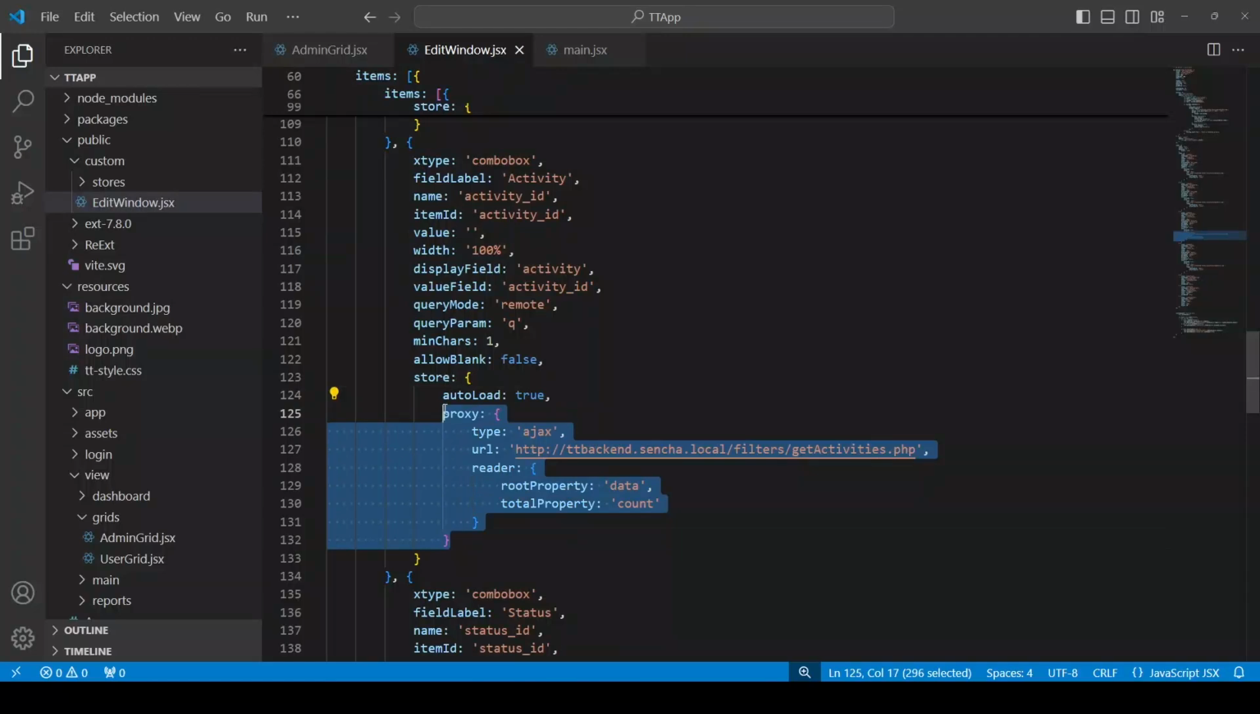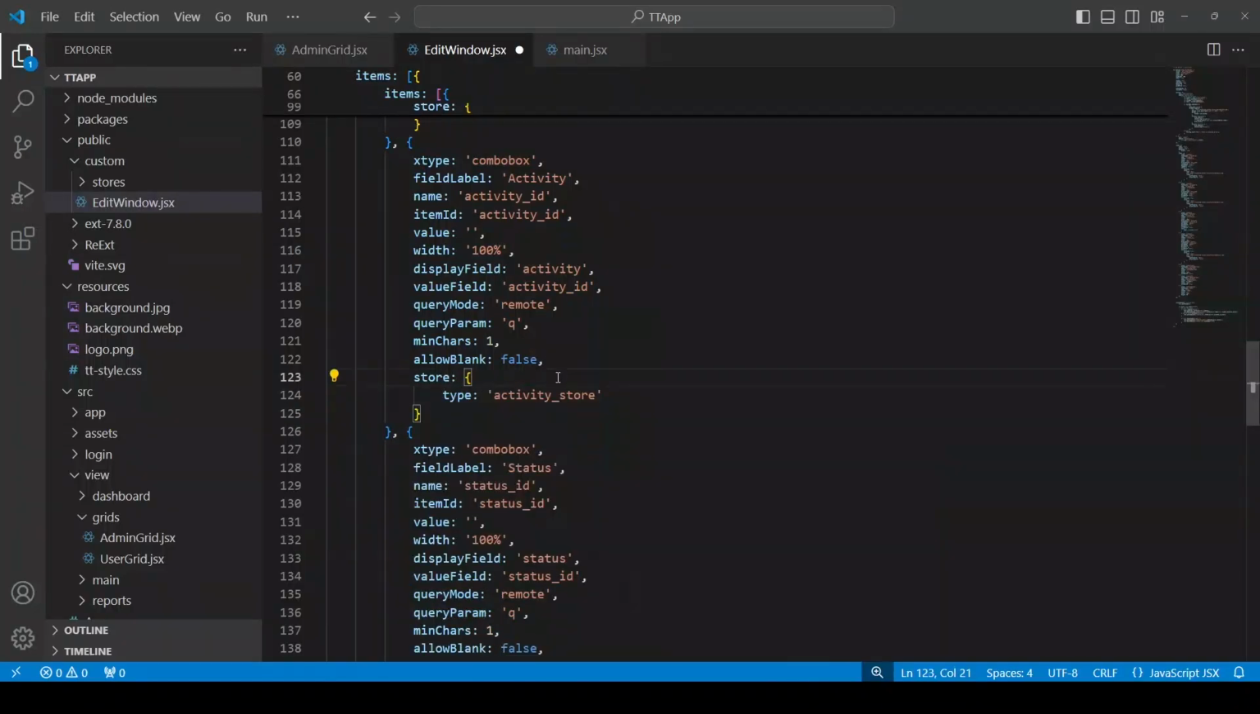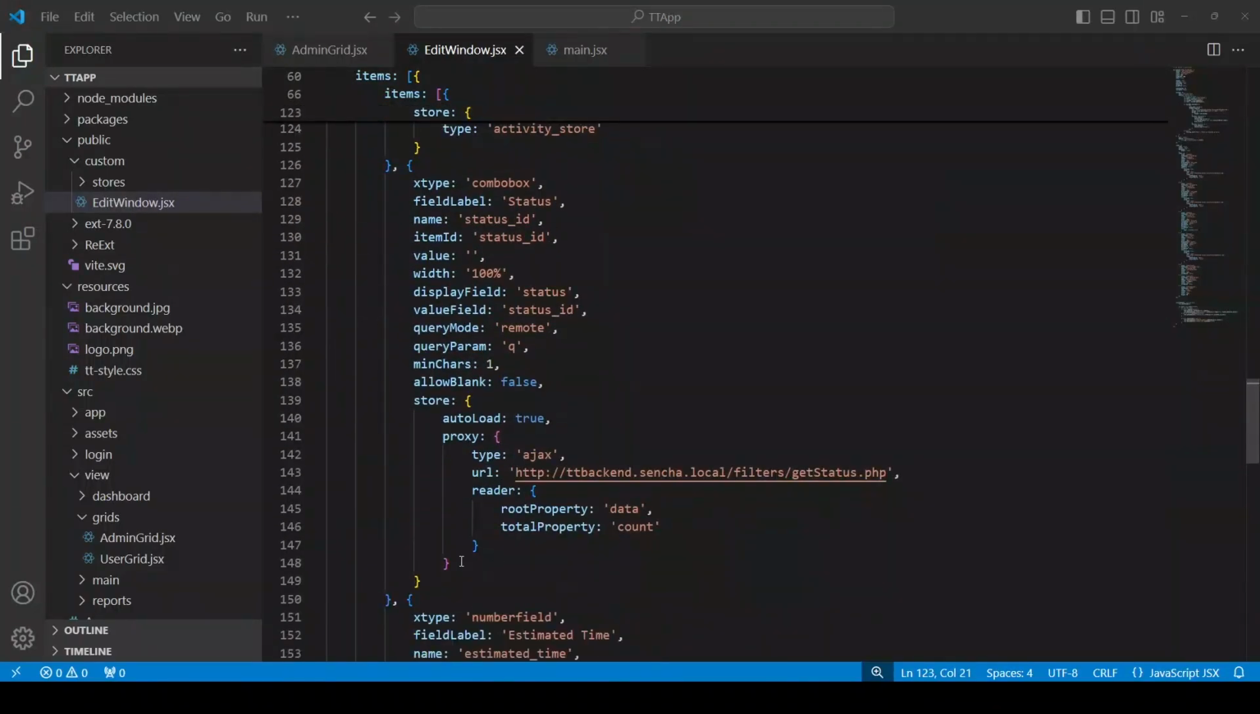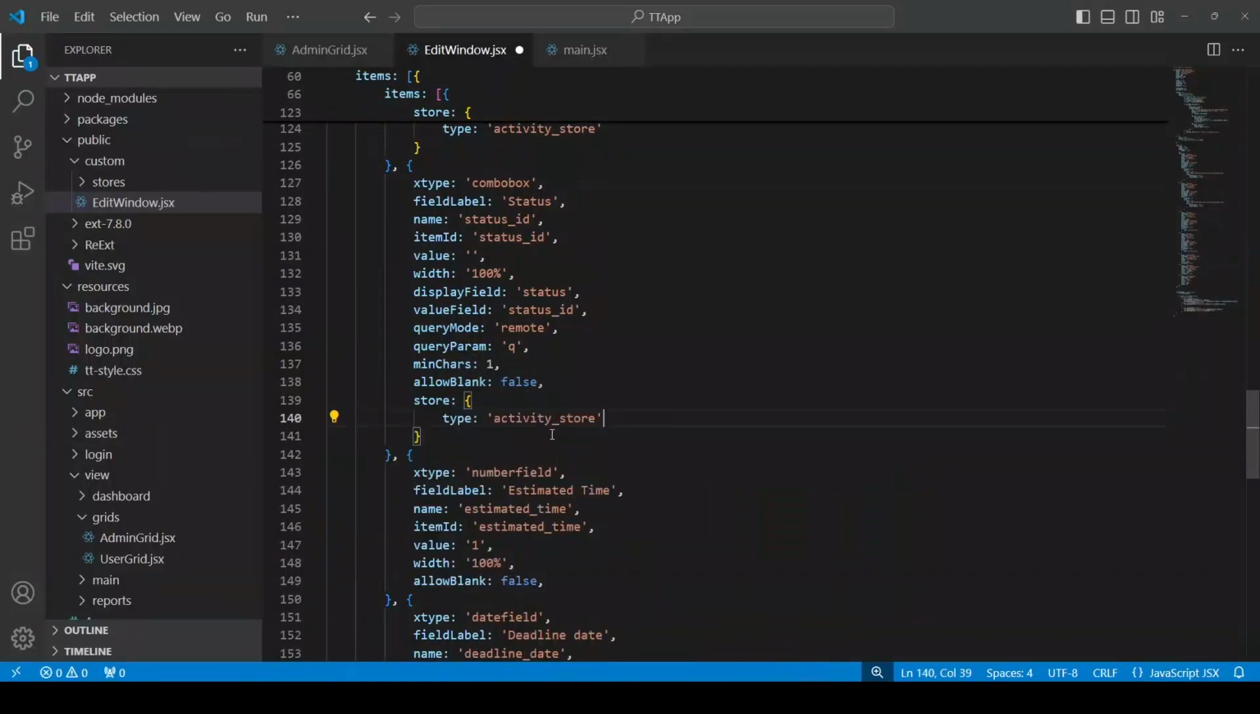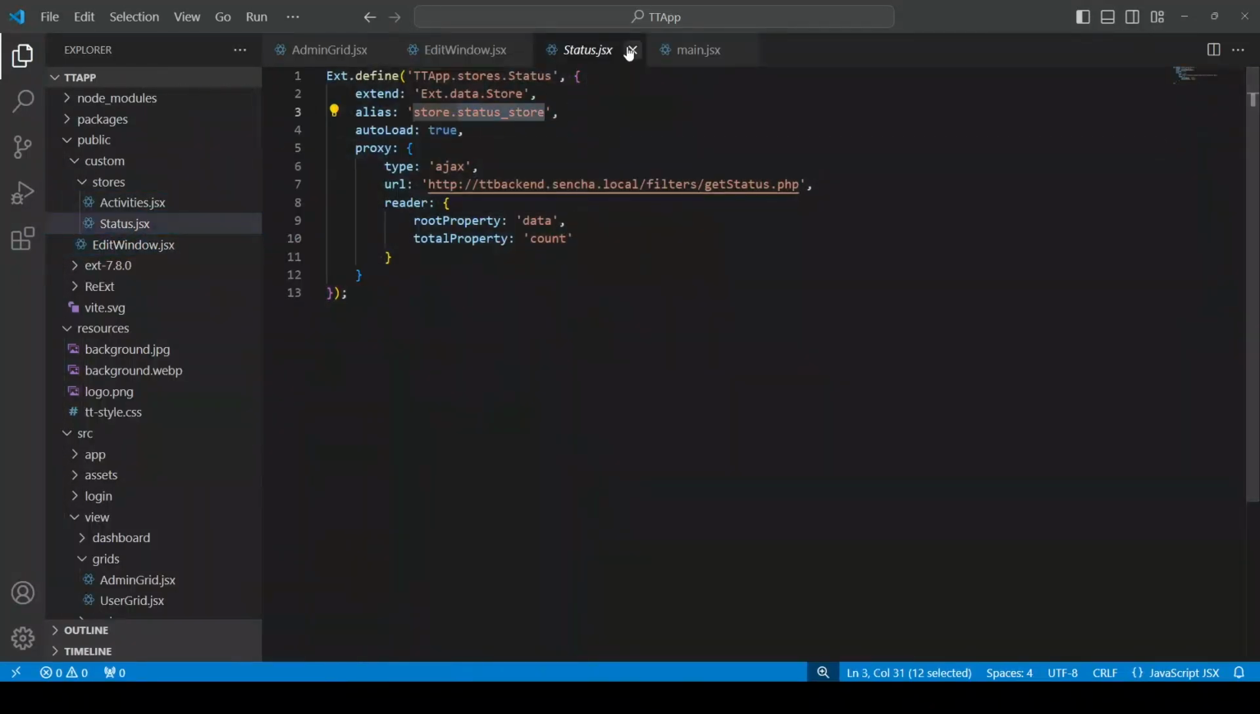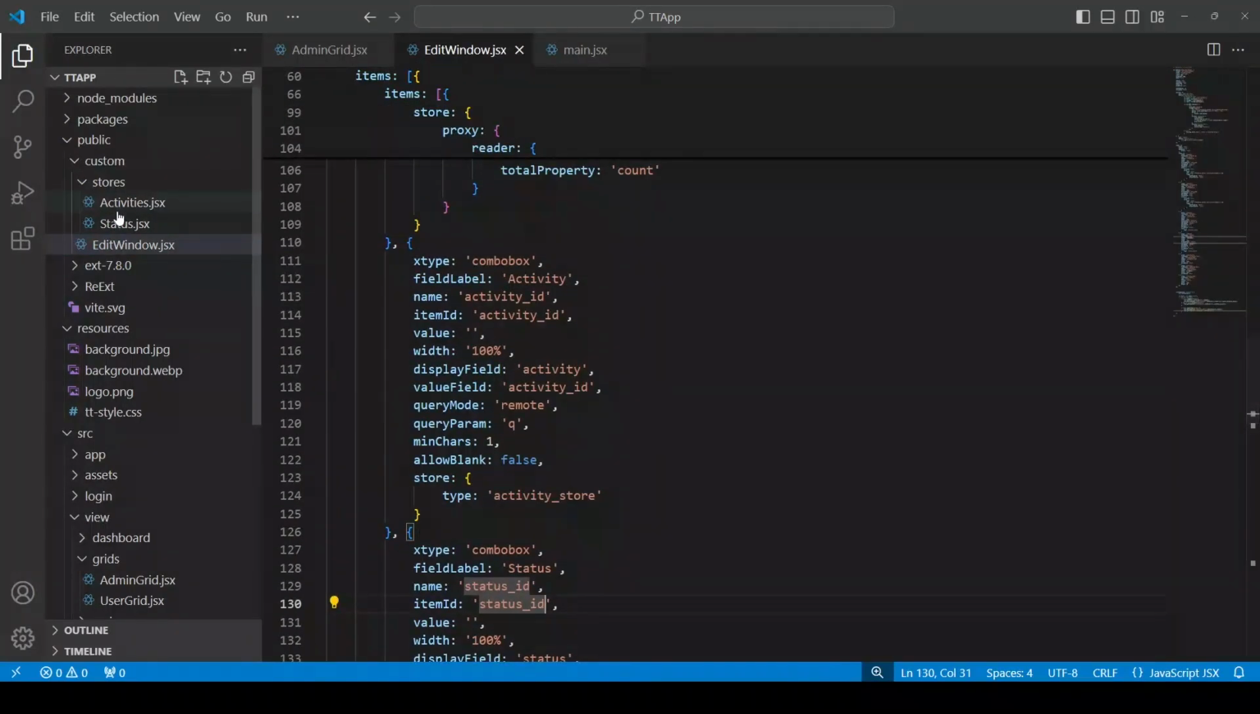Now, instead of having all of this, I can just have type activity store. Okay, and same deal with the status when we are working with the status store. We just have to make sure that the name does match. Okay, and if I wanted, I could have created